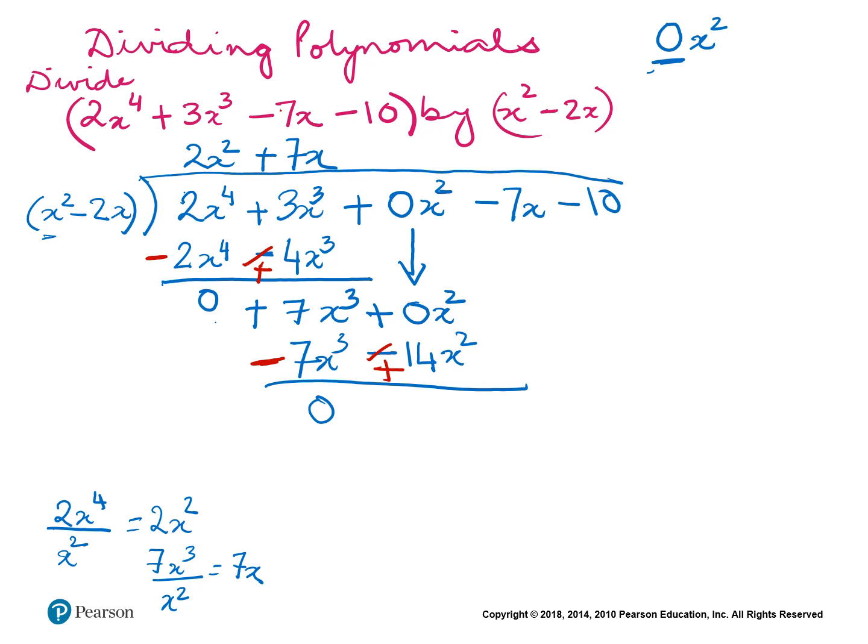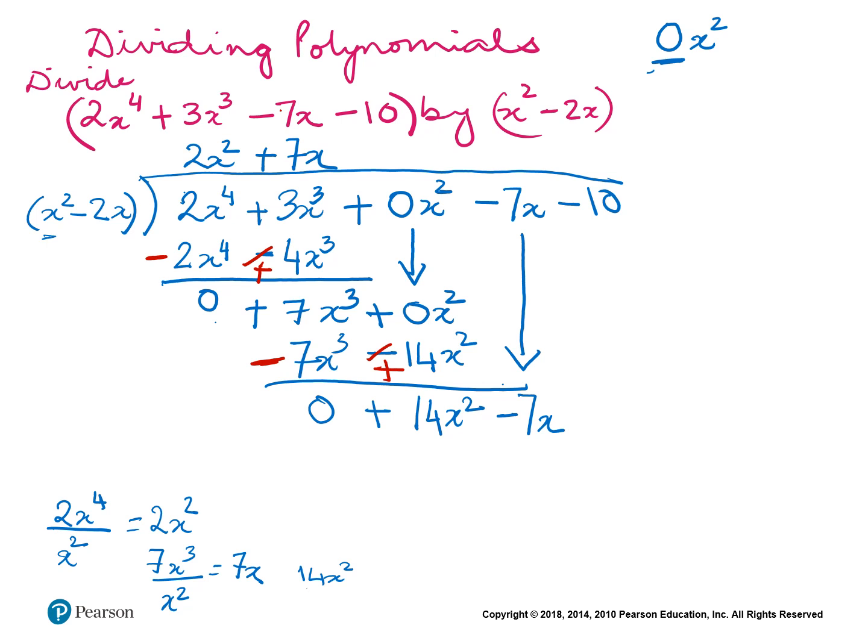And 0x squared plus 14x squared is 14x squared. Right? And now we bring down the next term, which is minus 7x, and continue with the process. What should we multiply x squared with to get 14x squared? All right, so if we multiply x squared by 14, and if you want, you can again do the division